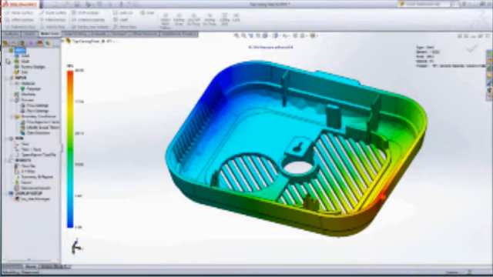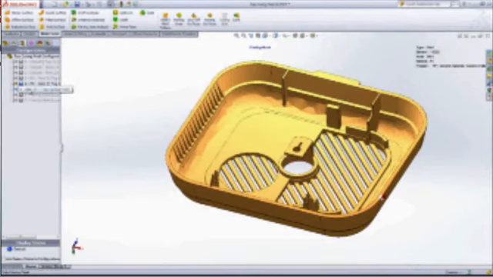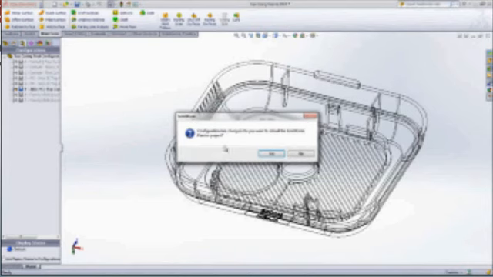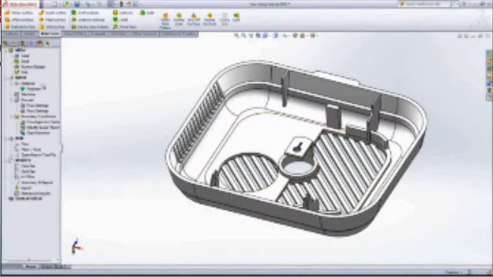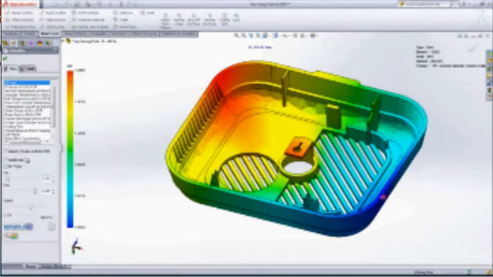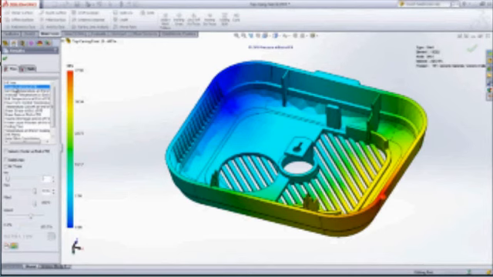Let's try to make a material change. We started with a straight polycarbonate and we're now switching to a polycarbonate ABS blend. It's very similar material in terms of properties and strength. But looking at our results, you can see that by switching to this new material, we managed to decrease by 20 to 25% the pressure required to fill the cavity, and that's going to help to more easily manufacture this